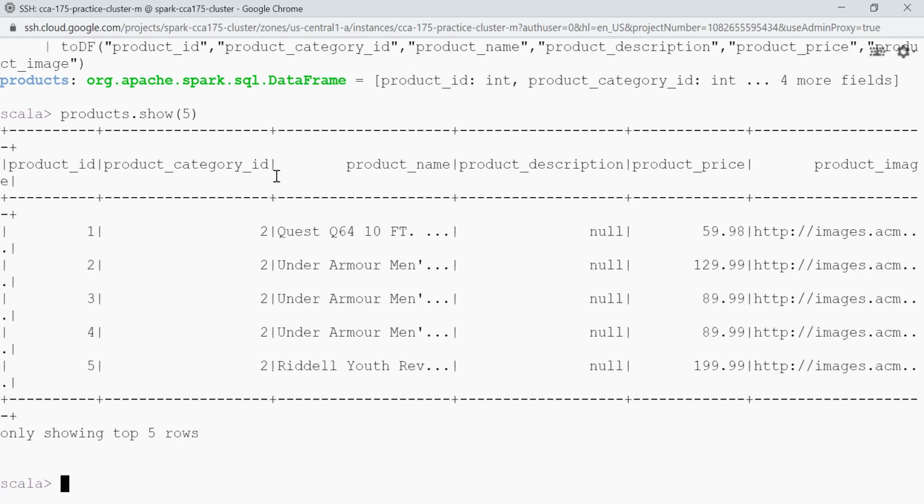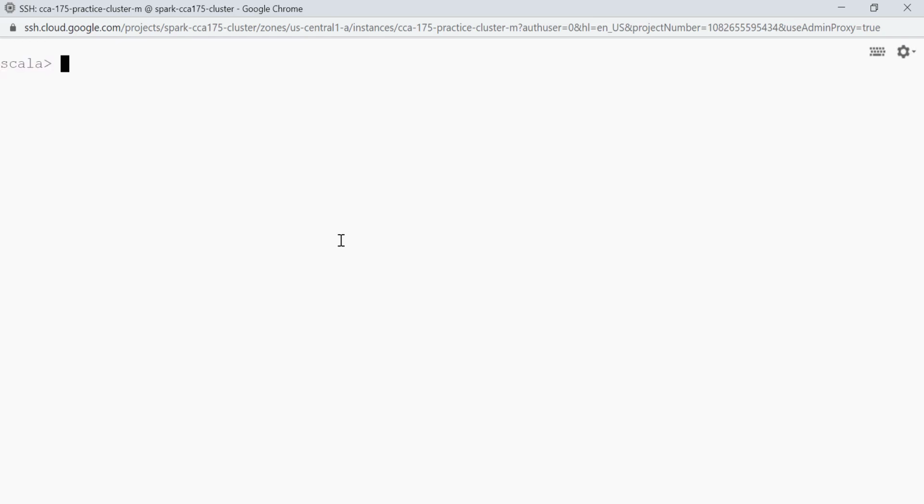The other data frame that we have to read is category data frame. Let's do that. So I'll say categories is equal to spark.read. Again let's take an option, and I want to say infer schema is true, dot csv, and we have to provide the HDFS path.